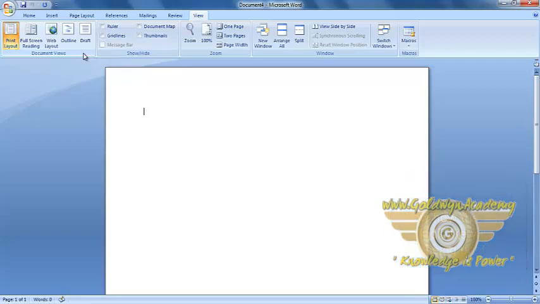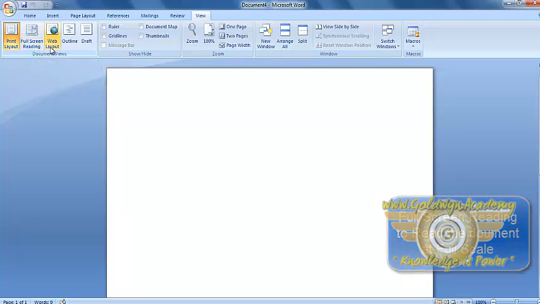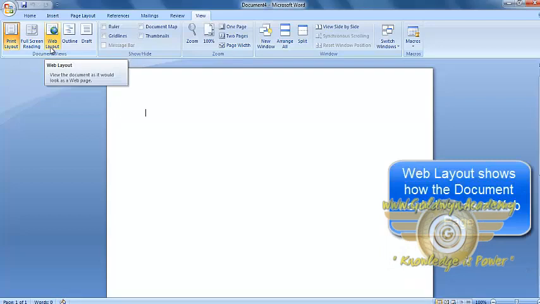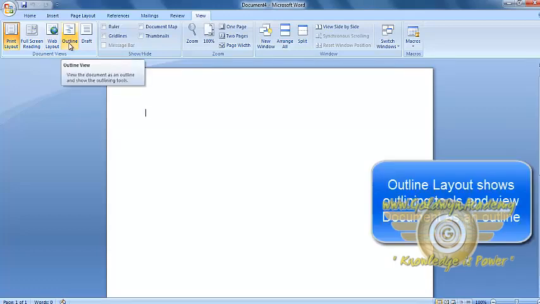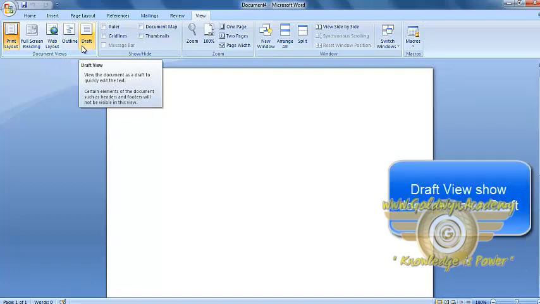being printed. The second is Full Screen Reading, which is useful when you are reading the document throughout. Third is the Web Layout, which views the document as it would look as a web page. The fourth one is Outline, which views the document as an outline and shows the outlining tools. And the last one is Draft view, in which the document would appear as a draft, where there will be